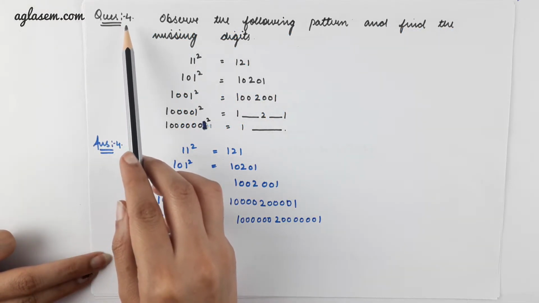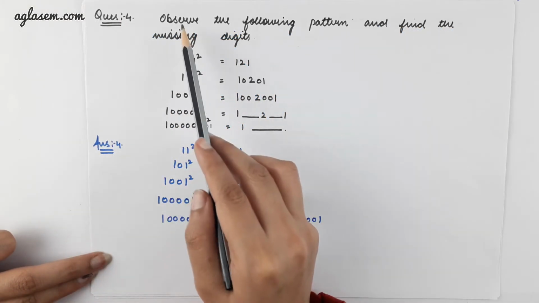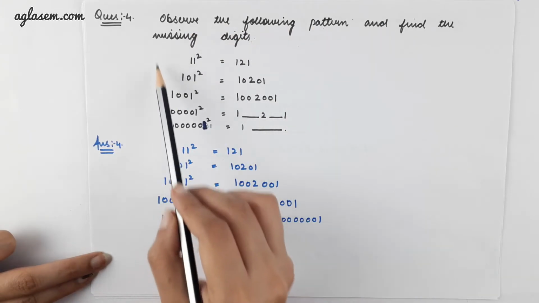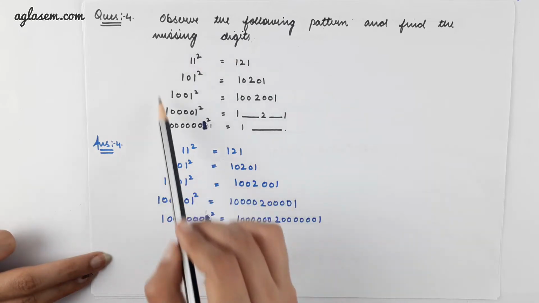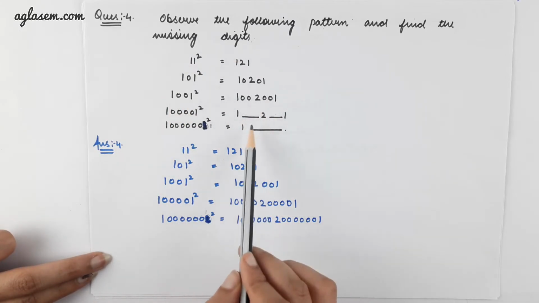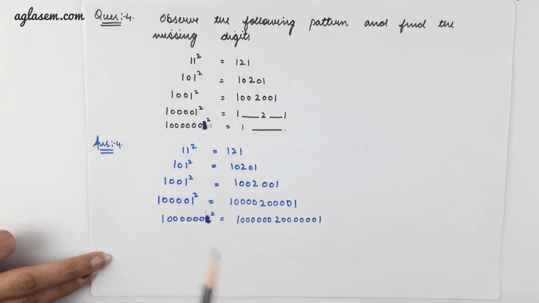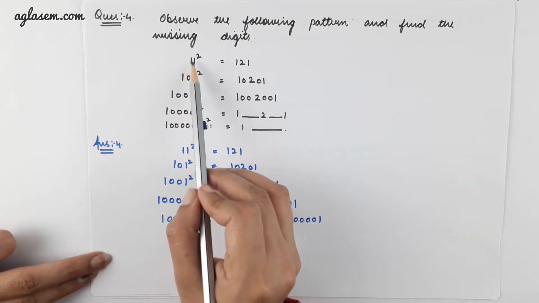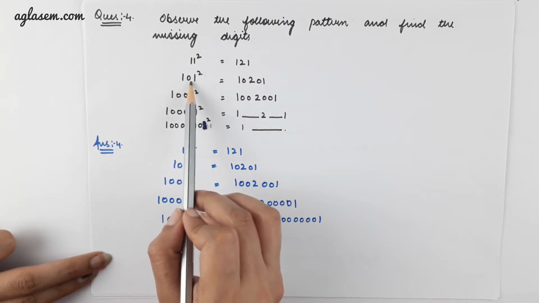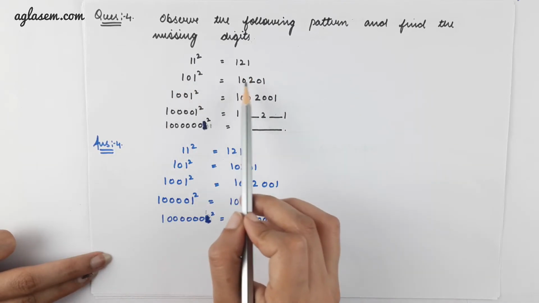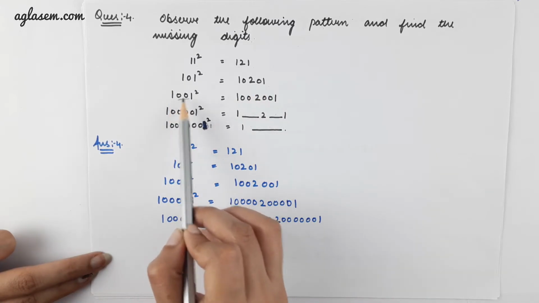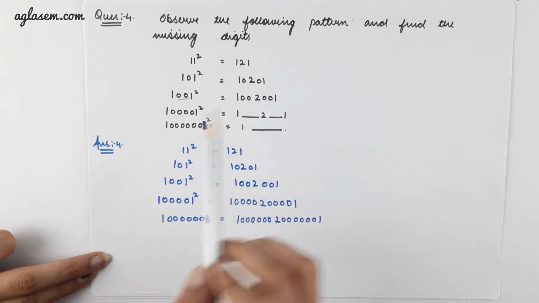Moving ahead to question number 4. Here, observe the following pattern and find the missing digits. So, this is a pattern which we have given. In this, we have to observe the pattern and fill the following pattern in the same way. So, first is 11 squared, which is 121. Then 101 squared, which is 10201. Third is 1001 whole squared, which is